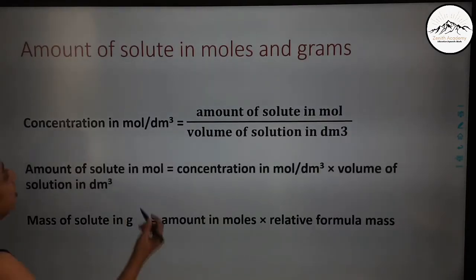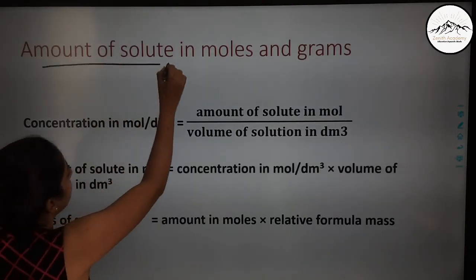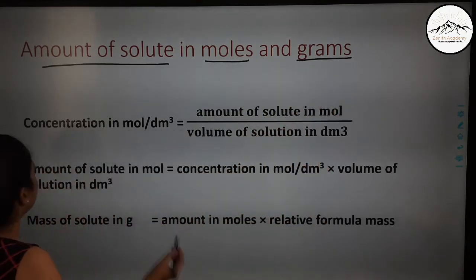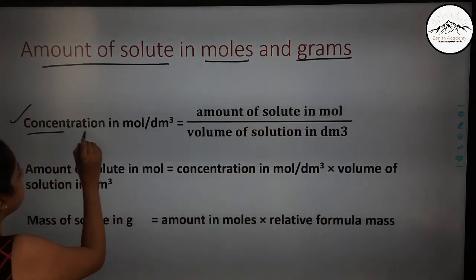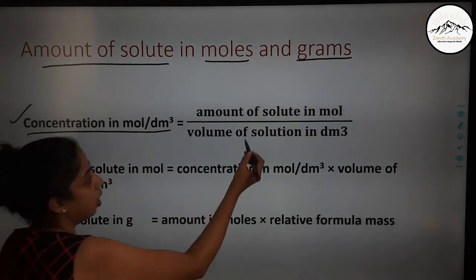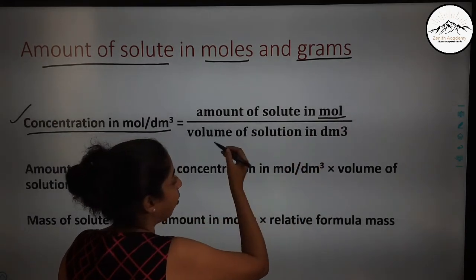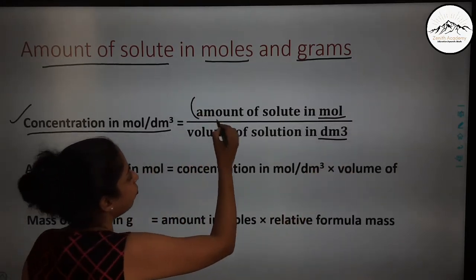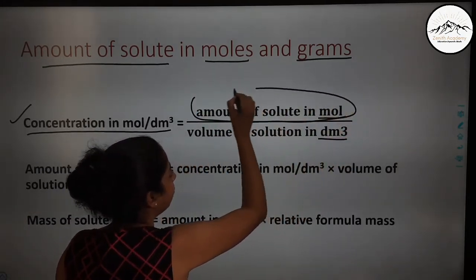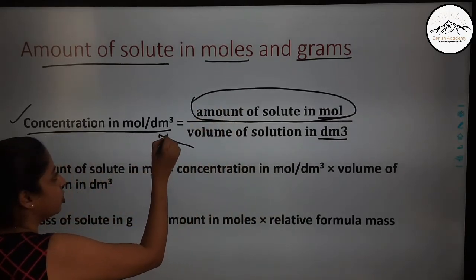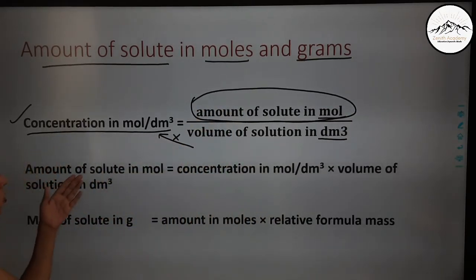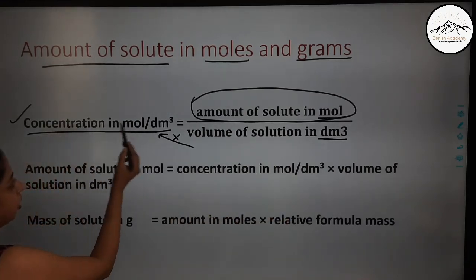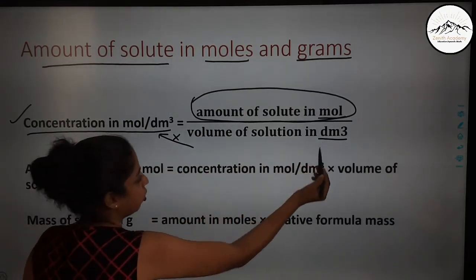Now we are interested in amount of solute in moles and also in terms of grams. So we know this formula that concentration in moles per decimeter cube is amount of solute in moles upon volume of solution in decimeter cube. So if we want to find this amount of solute in moles, what will we do? We will multiply these two. So the amount of solute in moles is concentration in moles per decimeter cube into volume of the solution in